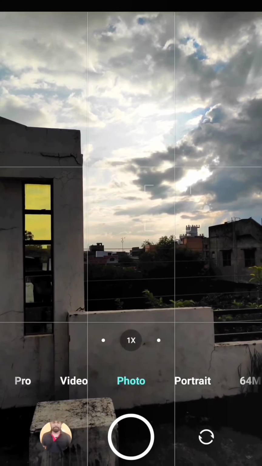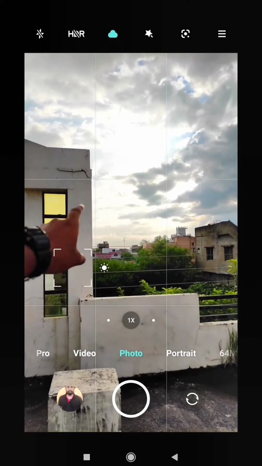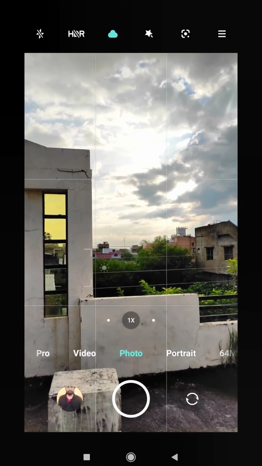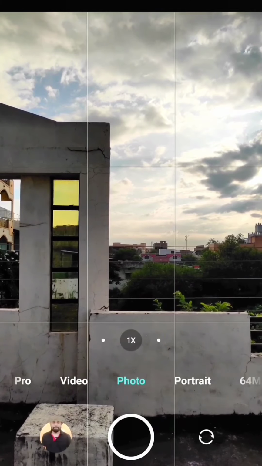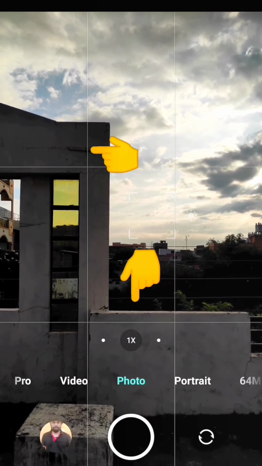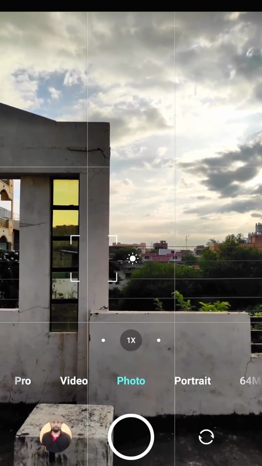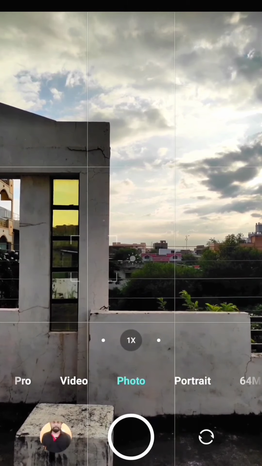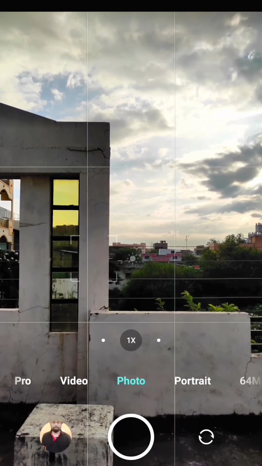Let's see. Number 1. As you can see in this frame, there is one pillar and a parapet in vertical and horizontal form respectively. So grid lines actually help you to maintain the horizon in the picture. In simple words, a picture looks good when the vertical and horizontal lines look straight. You can match the lines of dividers, buildings, poles, etc. to actually present them as they are in real life.